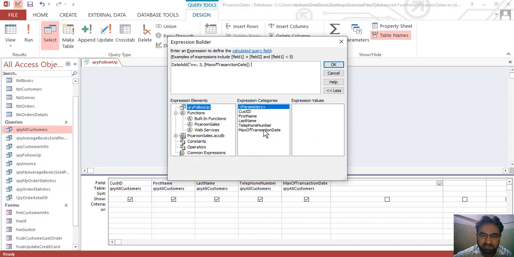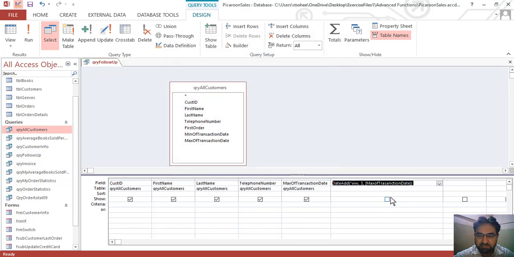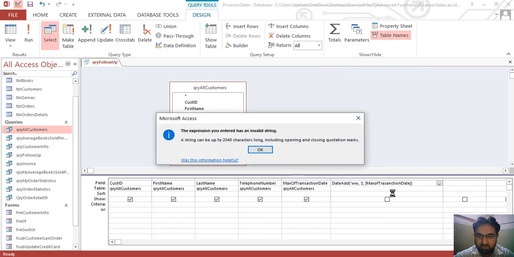QRY follow-up, here is the max of transaction date. If I'm right, max of transaction date it is. So let's run the query, click OK. The expression is looking so far so good.